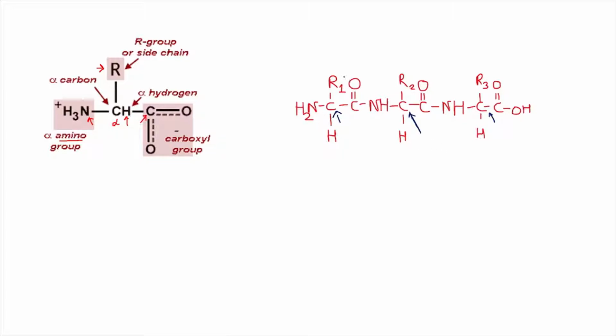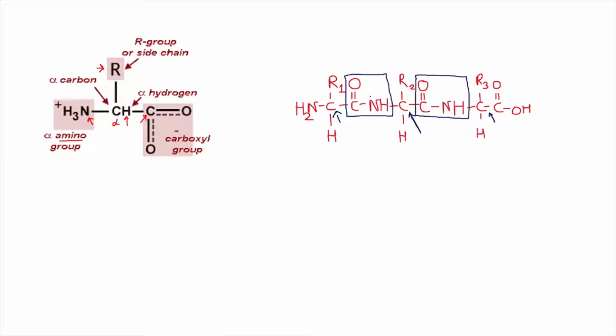So let us see. Here this is one peptide bond that we have. This is the first peptide bond, the CONH group, and this is the second peptide bond. The CONH bond is also called an amide bond. So a peptide bond is actually an amide bond. Because we are linking 3 amino acids together, we have 2 peptide bonds. Now there is a unique feature present in the peptide bond.